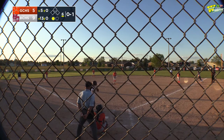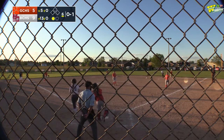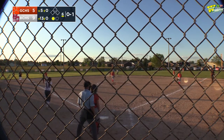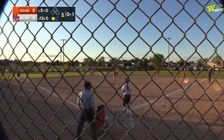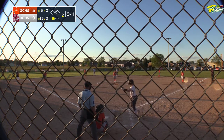But if she's trying to go for the drag bunt, it's possible. There goes Skylar. Head first slide. She's going to be safe there. She's not thinking about anything but getting to that base. Tough one with the head first slide. So now a runner in scoring position here for